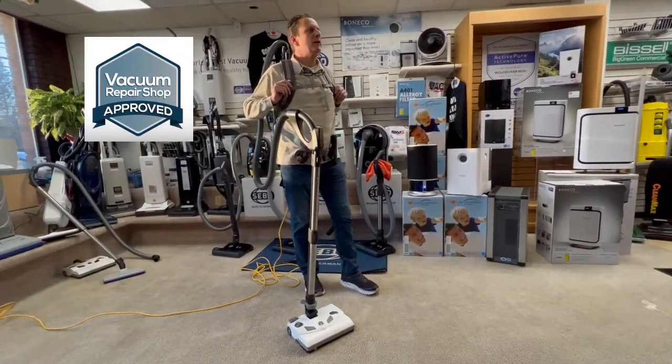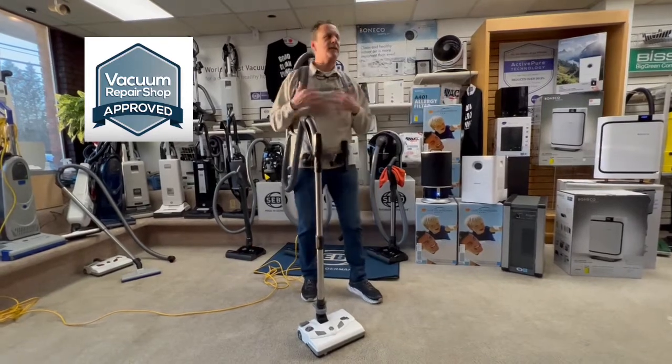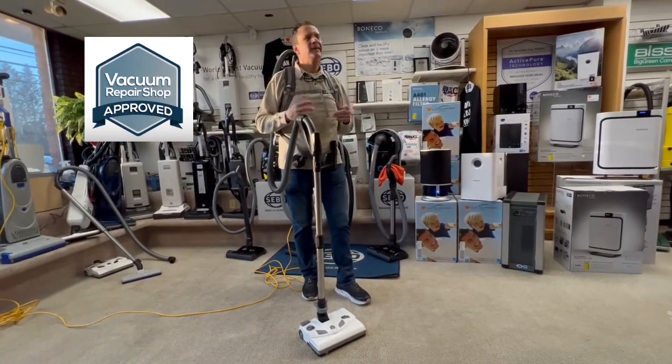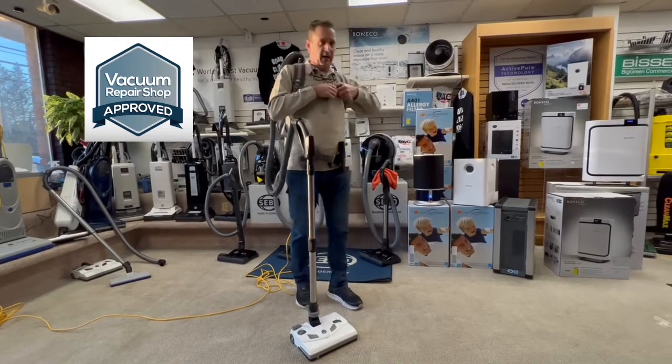Here's the benefit. So if somebody has a cleaning company and maybe they want to have one vacuum for their home and one vacuum for their cleaning business, while it's at home, you can convert this into a little canister vacuum. Takes a little bit of effort. It would probably take you 5 or 10 times to get used to. But there's some screws on the back of this